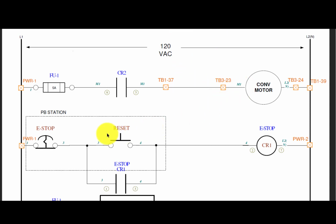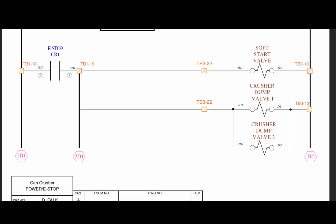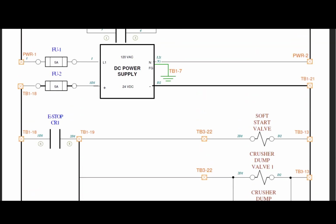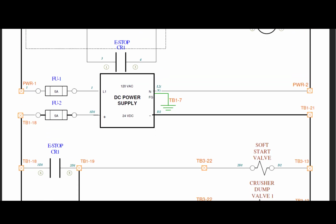The next part we see is the e-stop circuit. It has a reset, a seal-in, and a relay contact, so it'll self-seal when it's in. And those are used a little bit later as we go down here, as we look at the DC power supply. We can see that the DC supply is powered by L1 and neutral, and it outputs wires called 1D1 and D2. D2 is the minus supply,